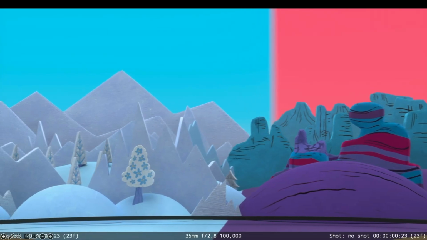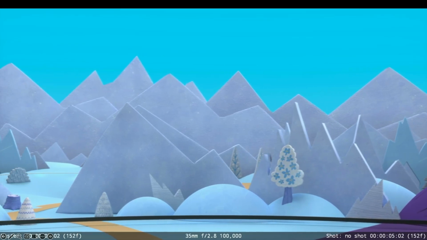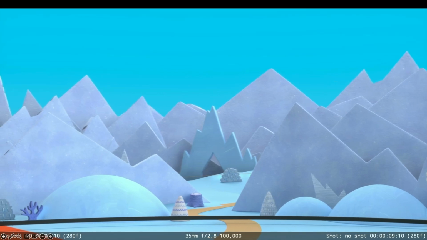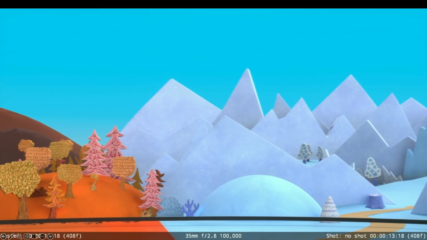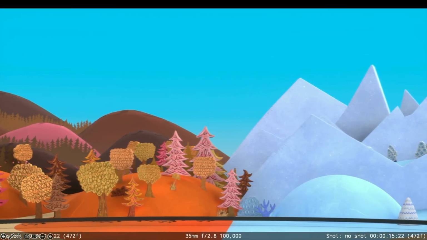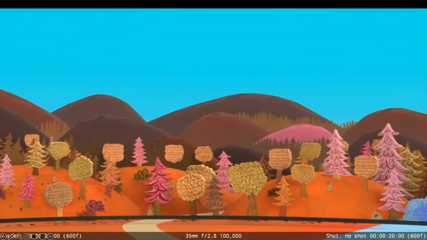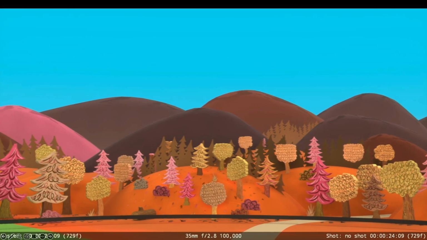So here's some turntables of our environments. So going through, as I said, each character is very specific in their color schemes. And when we show you another piece from the final, you'll see that blending of the physical and digital is always a really hard thing to do in ICVFX.